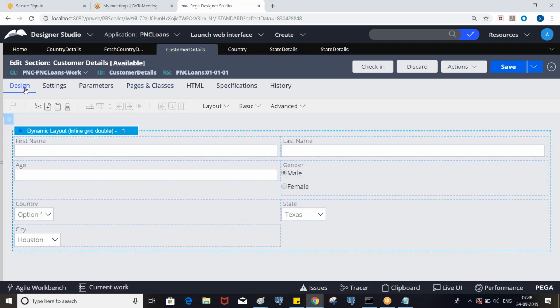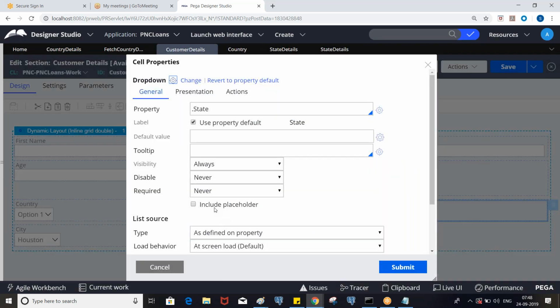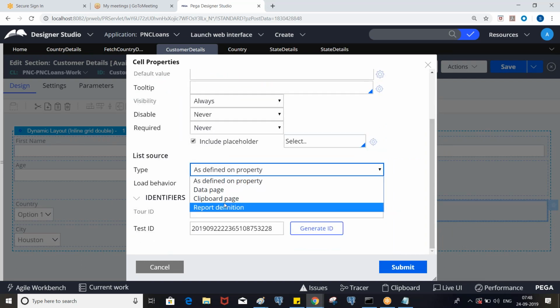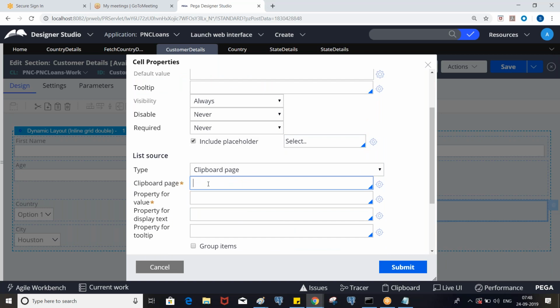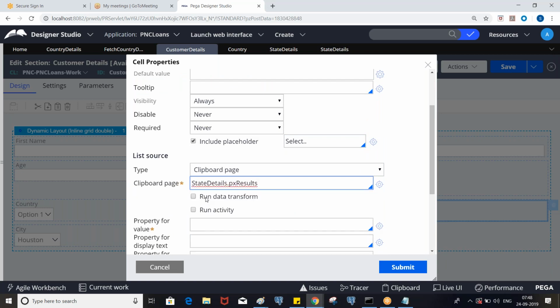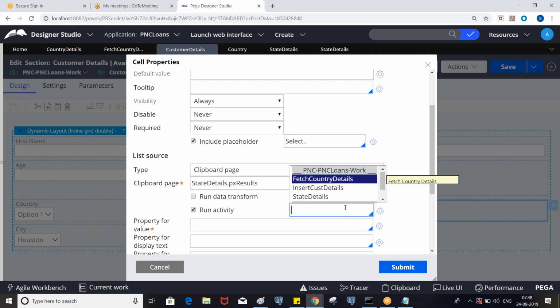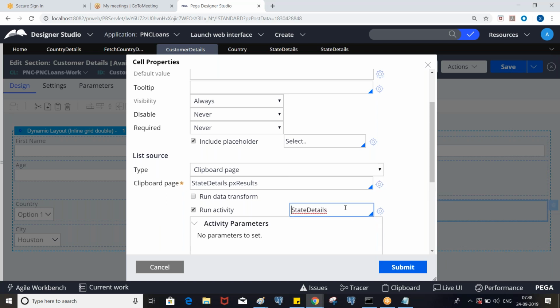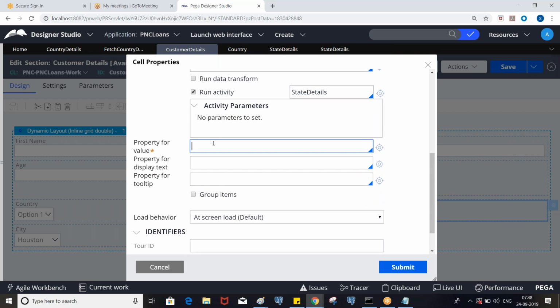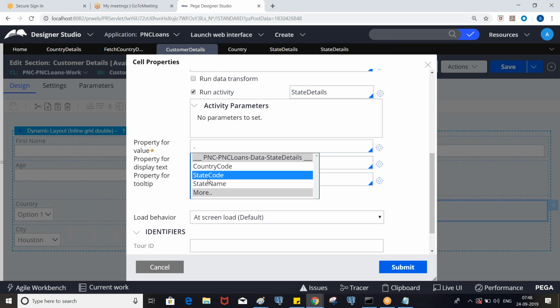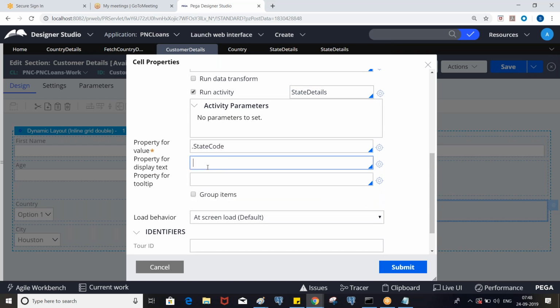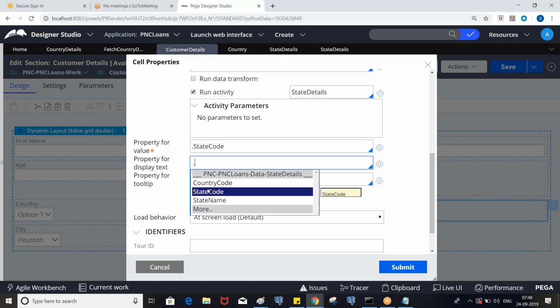So now go to the state dropdown property, put some placeholder and select the source as clipboard page, and run the corresponding activity, that is state details, and the property for value is state code and state name.